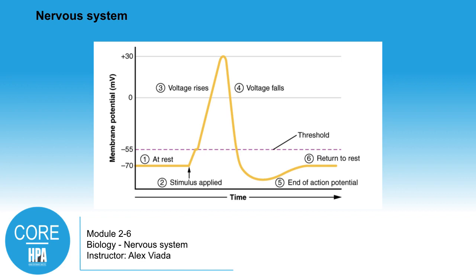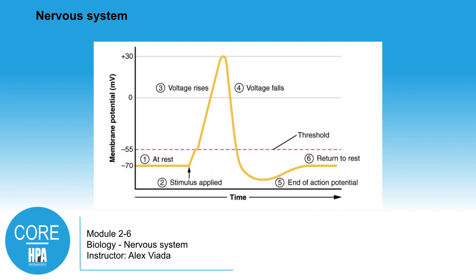Now see, item 1 there shows this cell at rest. So the neuron is at rest right now. All those little pumps are keeping the sodium out and pulling the potassium in, and it's got a negative charge. You see that negative membrane potential. When the stimulus is applied, whichever it is, those gates flow open. Now watch, that peak starts to rise as all those sodium ions flow in until it reaches an absolute maximum potential right there. Then when it hits that potential, suddenly that potassium starts flowing in the opposite direction, and then suddenly the gate slams shut and all the pumps start going again.